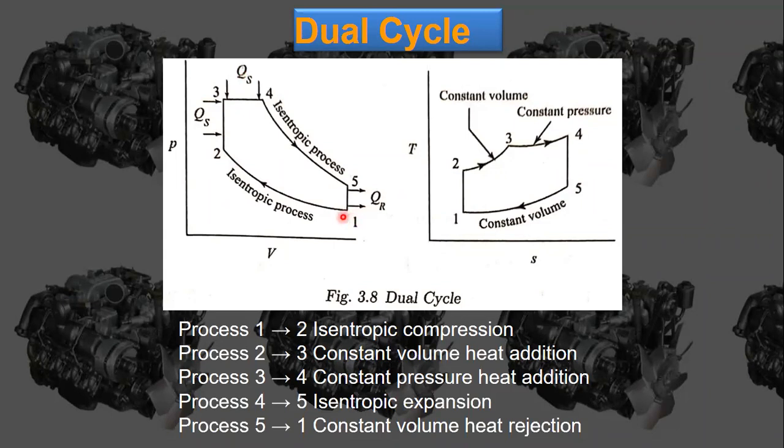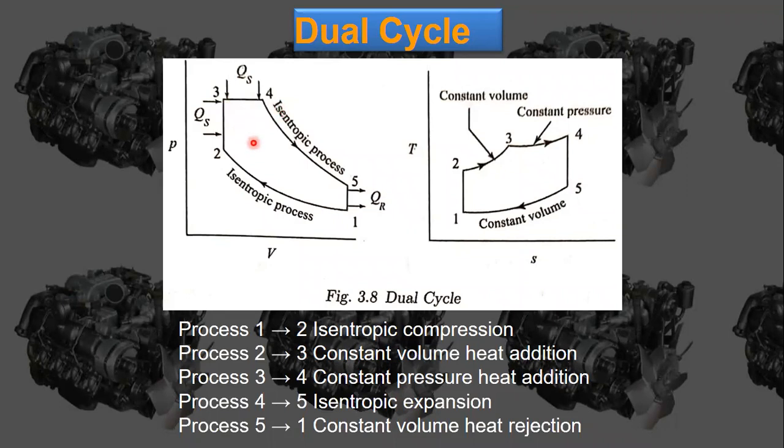We are going to show the variation in pressure and volume. During isentropic compression, pressure is increased from P1 to P2, and during heat addition there will be an increase in pressure from P2 to P3, and it is going to be at constant volume. That means when the piston is at top dead center. After leaving the top dead center, there will be some addition of heat here. That means at constant pressure we are going to add heat here.